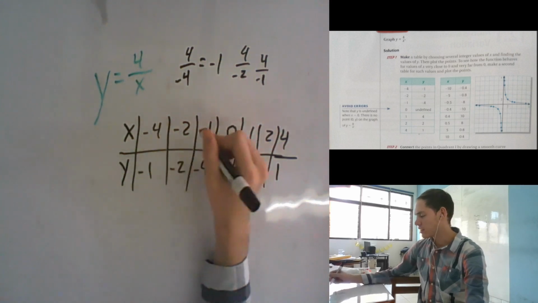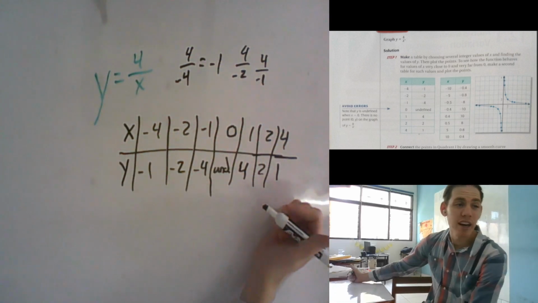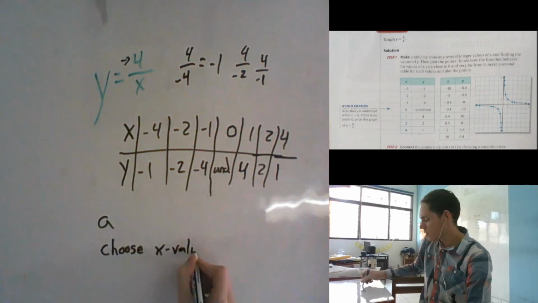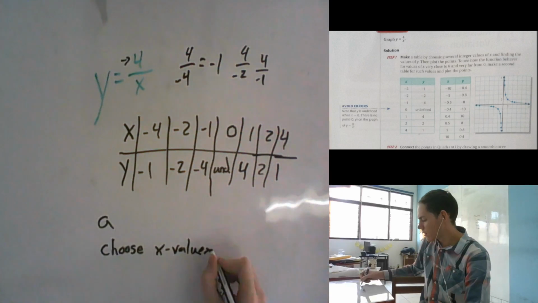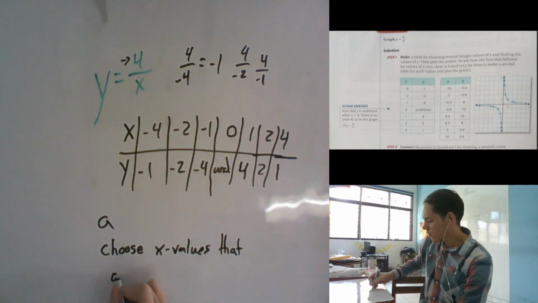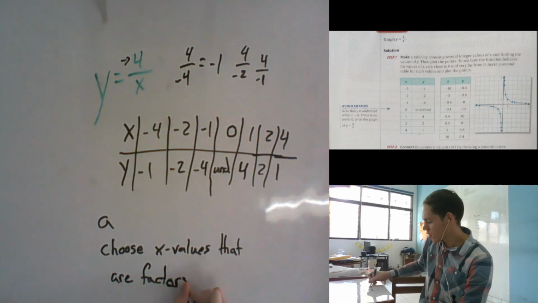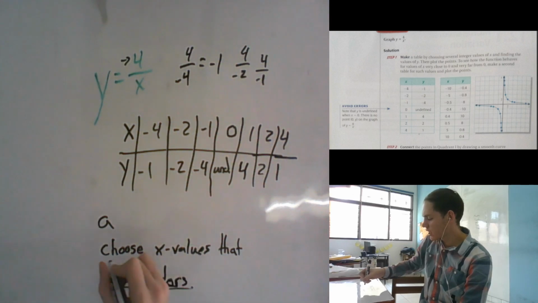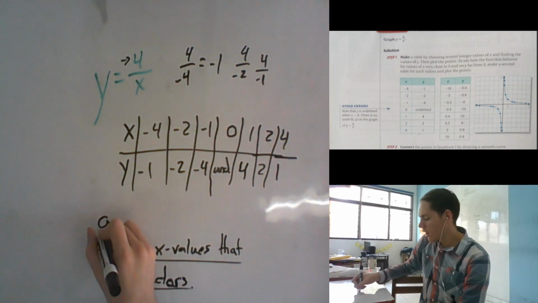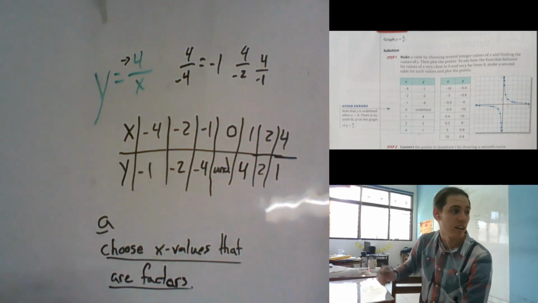So notice, there are opposites, okay? Why did I pick these values? They're values that are factors. Choose x values that are factors of a. So if a is 4,